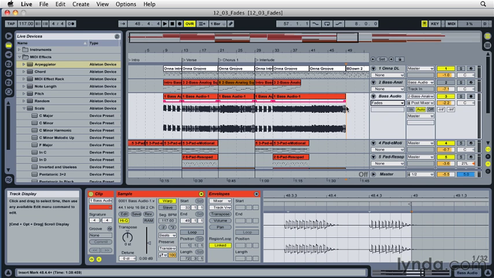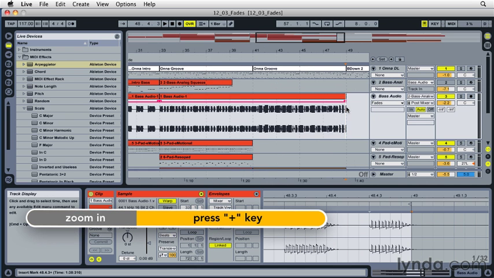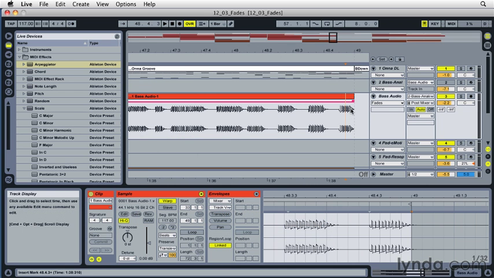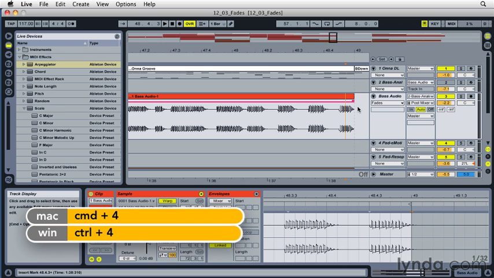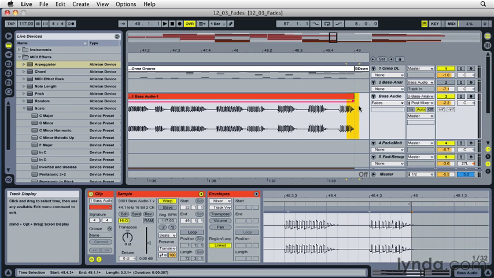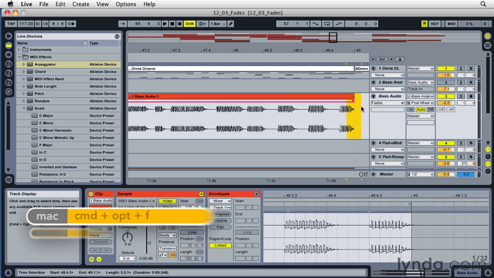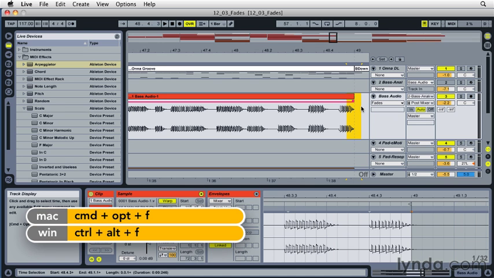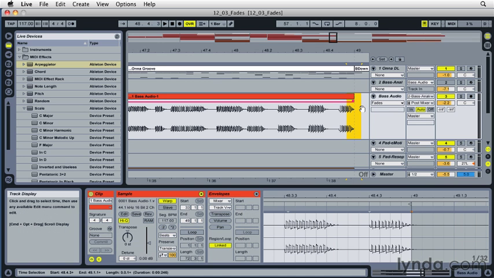So I'm going to click up here at the end of this particular clip. I'm going to use my plus button to zoom in a little bit. That's plus over on the numpad. And now to add a fade to the end of this clip, all I need to do is drag across the end of the clip. Please notice that I've temporarily disabled the grid, and that's Command 4 on a Mac or Control 4 on a PC to do that. So I'll make a selection across there, and then I'm going to add a fade using the command Option Command F on a Mac or Alt Control F on a PC,